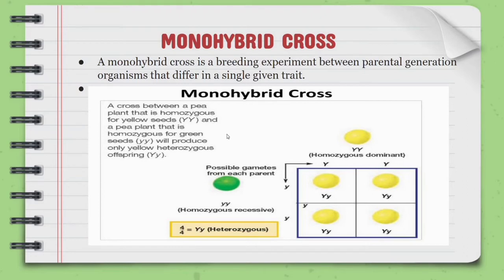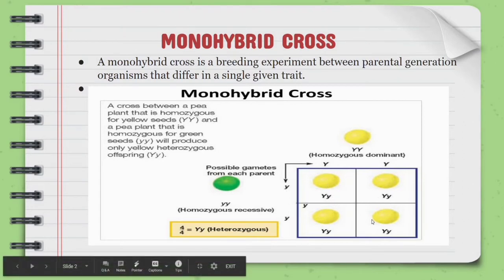This is an example of a pea plant cross with parents homozygous for yellow seed and homozygous for green seed. Both characters are the same trait, seed color, but two contrasting versions are considered. Yellow seed is the dominant trait and green seed is the recessive trait. You are crossing them: this is the homozygous recessive parent, and this is the homozygous dominant parent. The dominant parent produces two capital Y gametes, and the recessive parent produces two small y gametes.